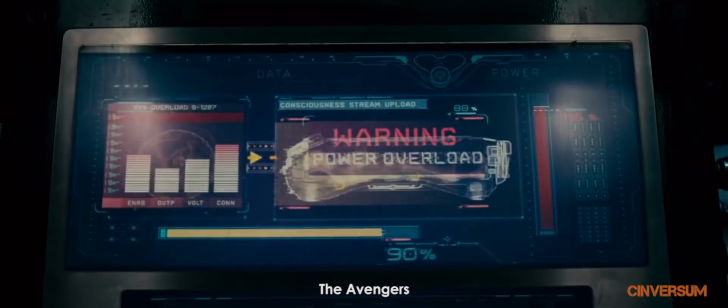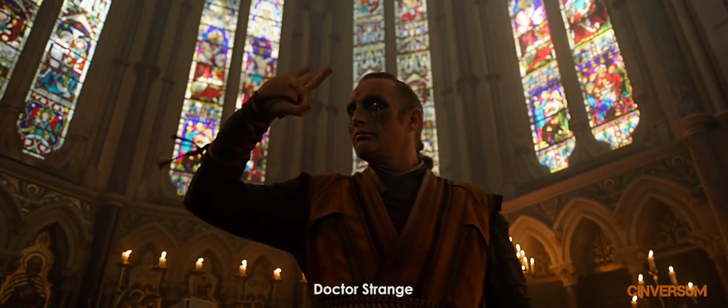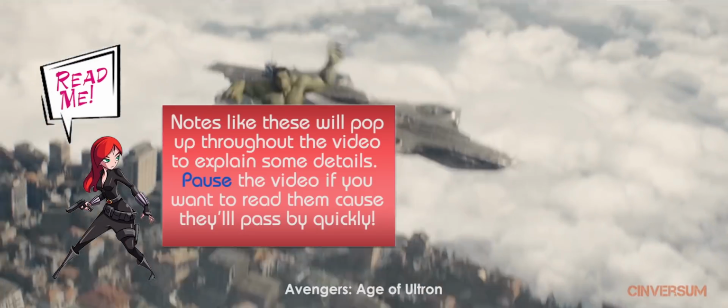Marvel's Infinity War is the biggest superhero movie ever, and it's finally coming out in a couple of days. There have been 10 years and 18 movies building up to this epic finale, so we have a lot to go through. I'll start by talking about the Infinity Stones, which are the major players in Infinity War, and then